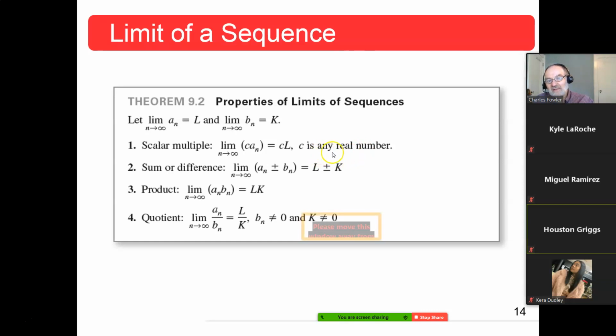Or it could be c is an incredibly small number, as for being close to 0. It's still not going to change the fact that the limit exists. Okay? Now, what if you have a sum or difference of these two sequences? Well, those will also have a limit. Even though this may be a very large number and that a very large number, guess what? If they're just numbers, add them together, that's still just a large number. Or subtract them from one another, still just a number.